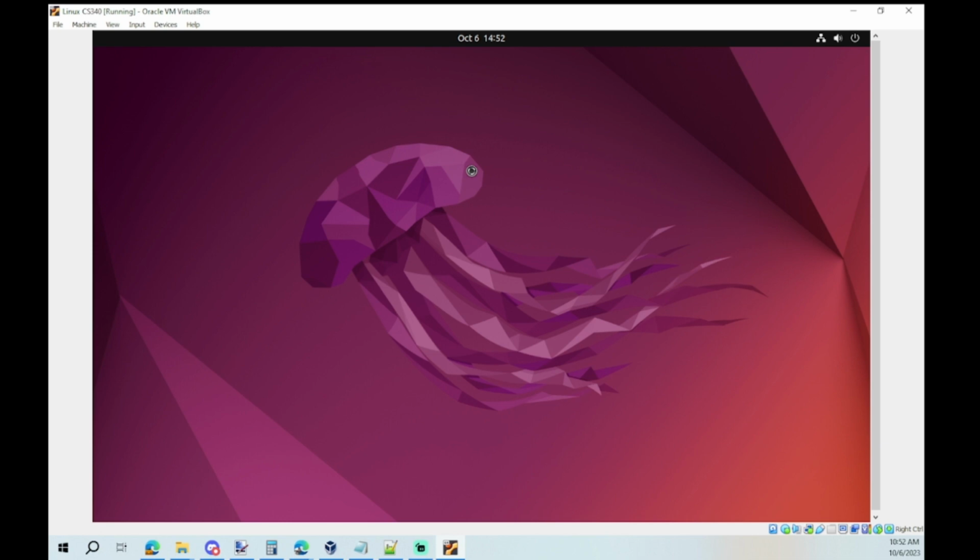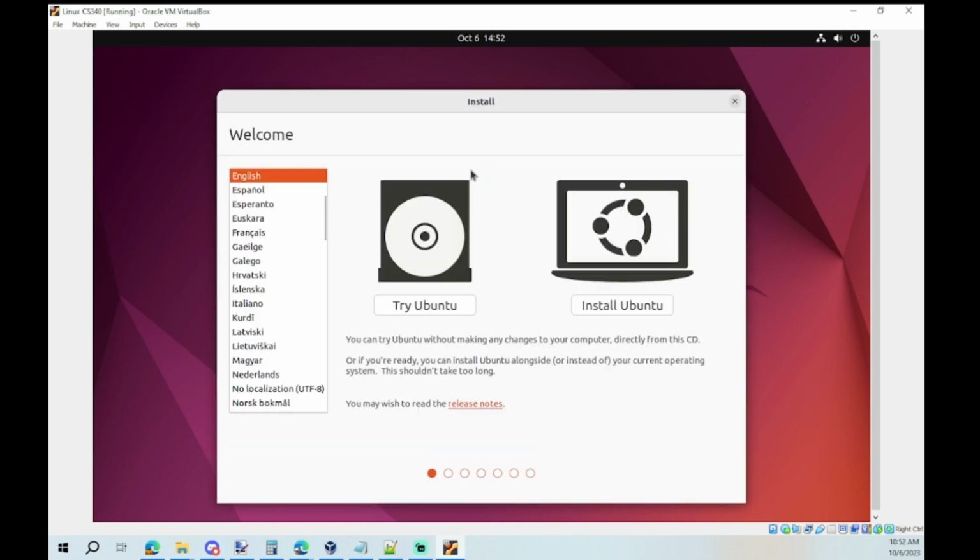Turning down my system volume because it's about to get really loud. Didn't work at all. Okay, cool for me. So we're going to install Ubuntu,